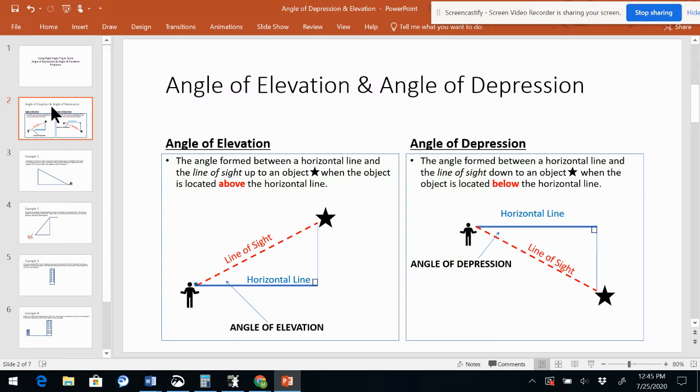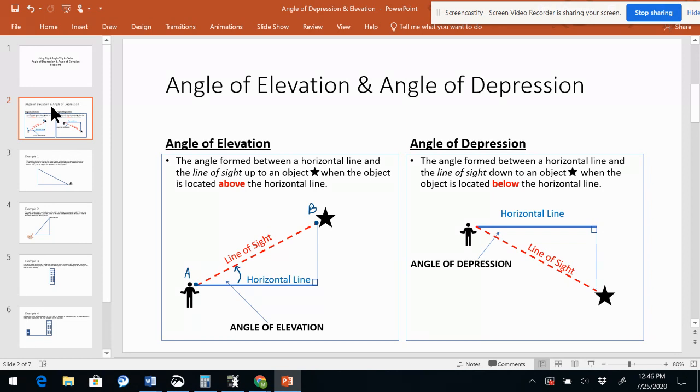The person is located here. Their eyesight is following this line of sight up to the star at this point here. Label the point where the person is looking from as A and the object they're looking at as B. From the origin of the line of sight, we draw a straight horizontal line out, shown here in blue. The angle formed between this horizontal line and the line of sight up to the object,